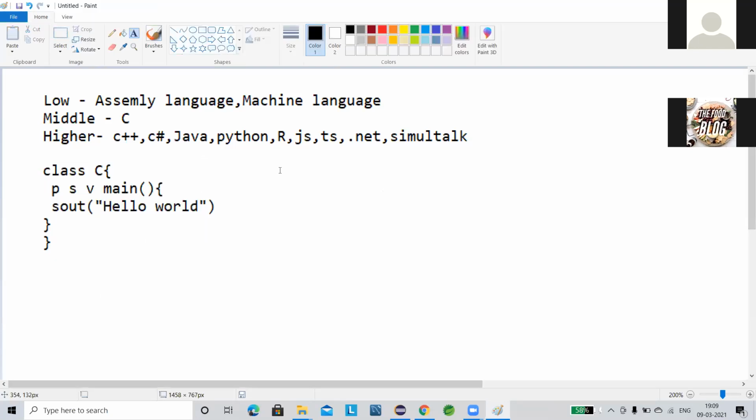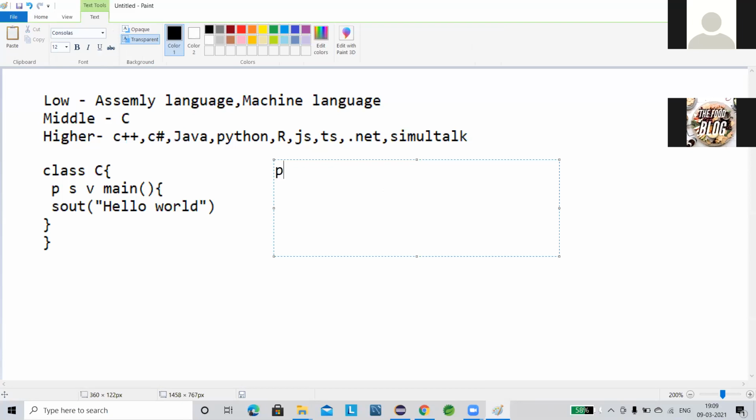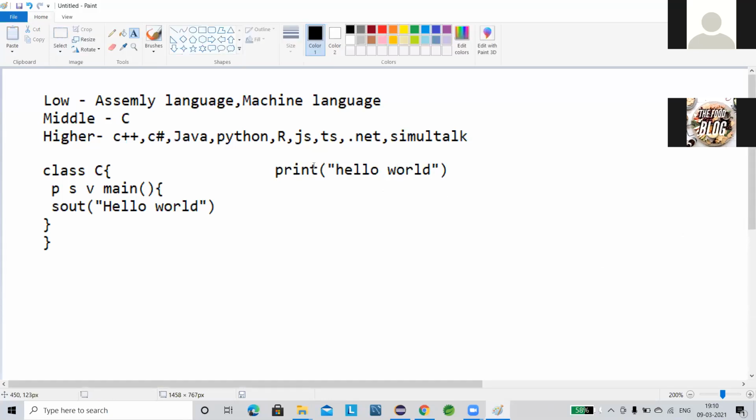The best is C, the best is Python. In Python, just do one thing: print hello world. If you are not using an IDE and are directly using the console, the command prompt, you don't even have to write the print statement.